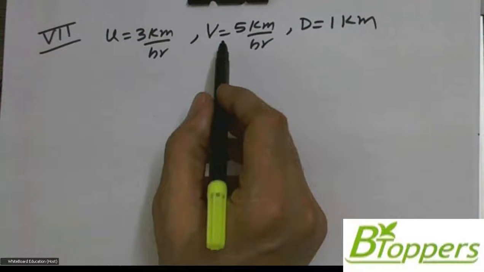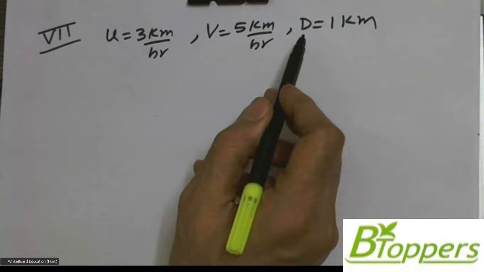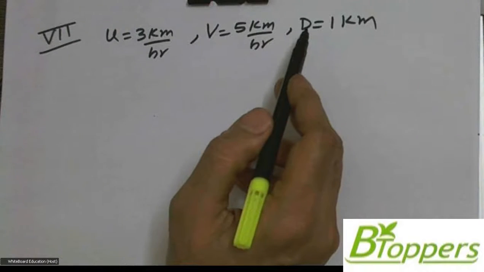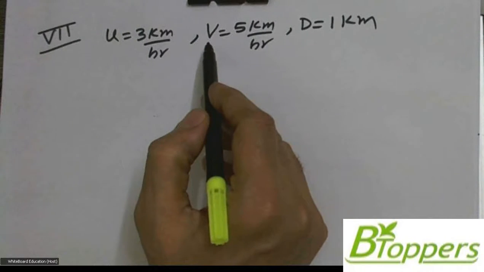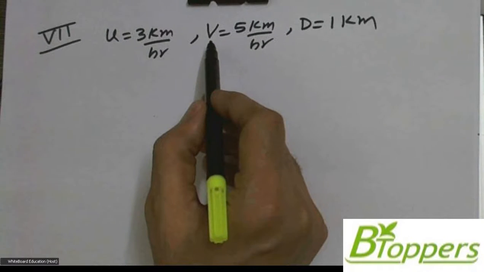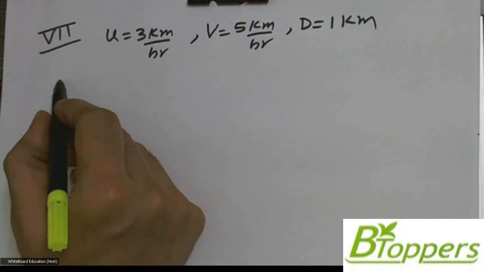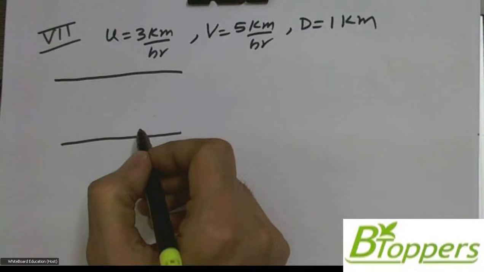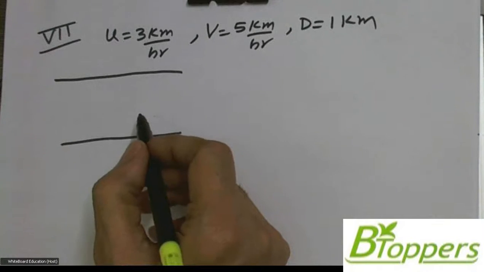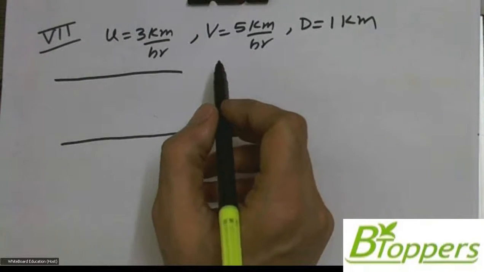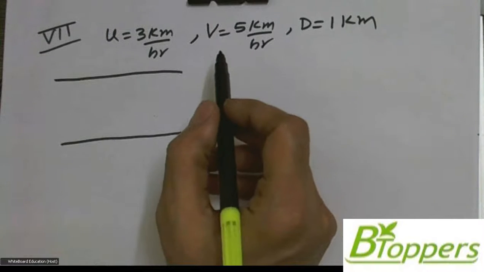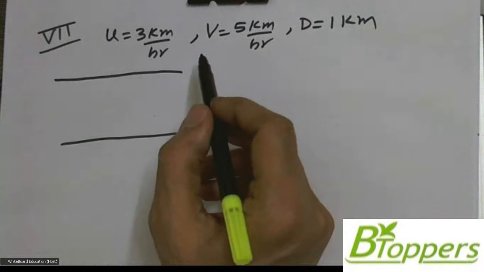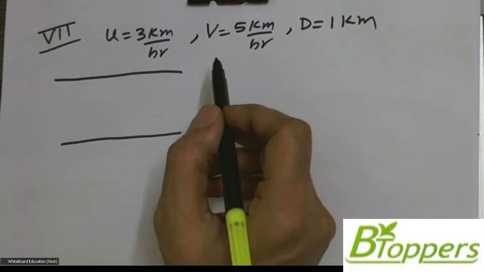The speed of the river is given as U equal to 3 km per hour and V is given as 5 km per hour. And width of the river is 1 km. Width of the river is noted by D here. V represents the speed of the boat in still water. So it is given that the boat or swimmer moves along the shortest distance path. The problem is given in objective type model in competitive examinations. You can directly use the conclusion I have discussed earlier in case 2.